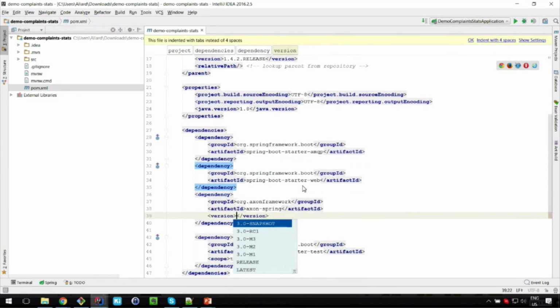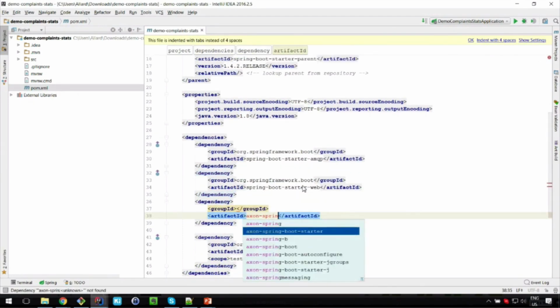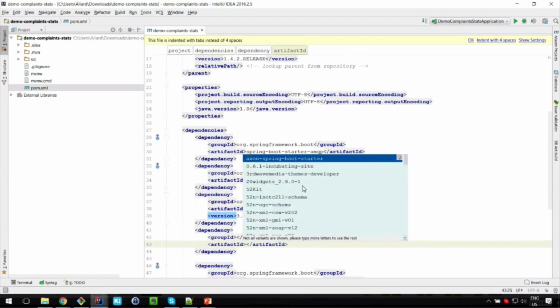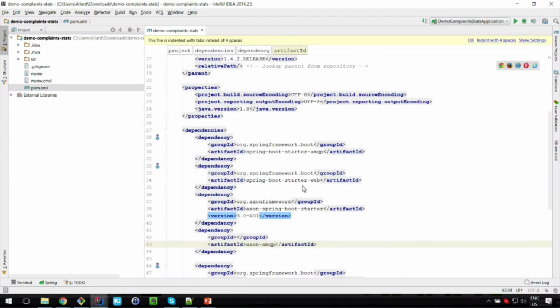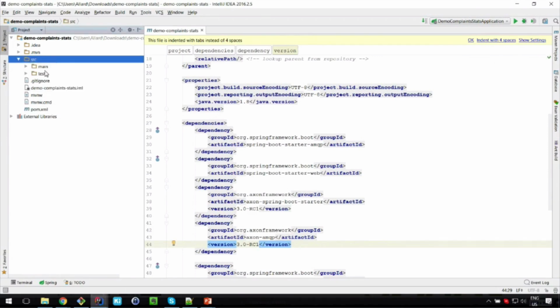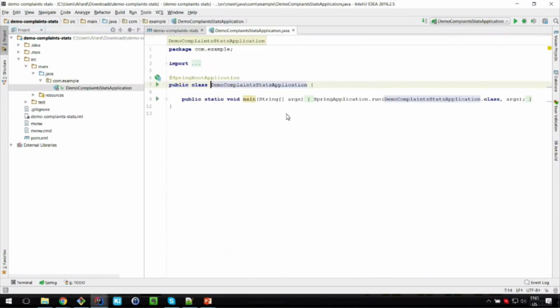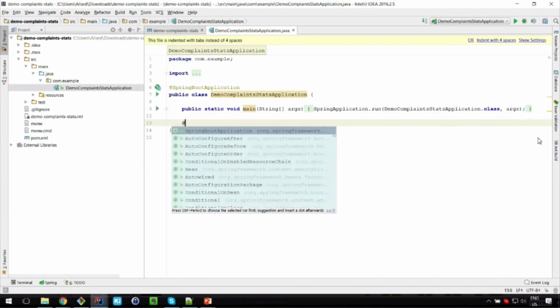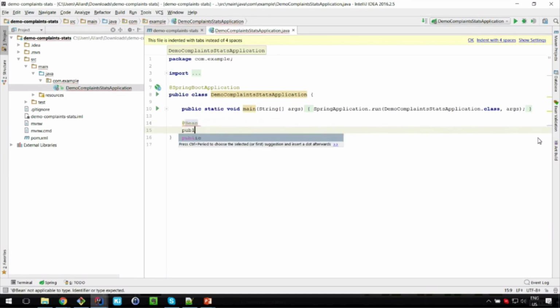Nope. This one. And we will add Axon Amqp as well. So let's go to our application now. So what we need to do is we need to fetch those events from the channel, right? Yeah. We define a bean, and we return a Spring